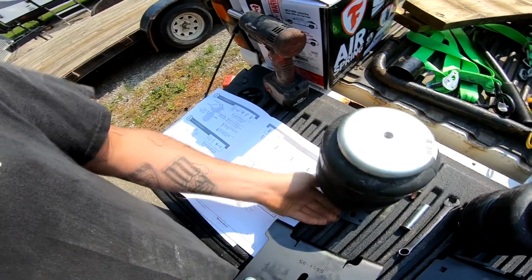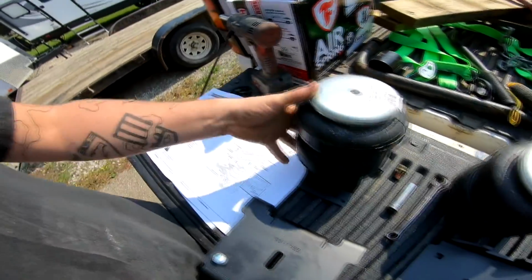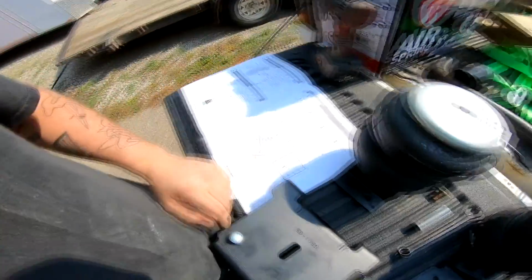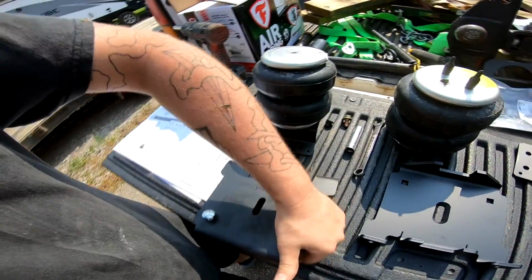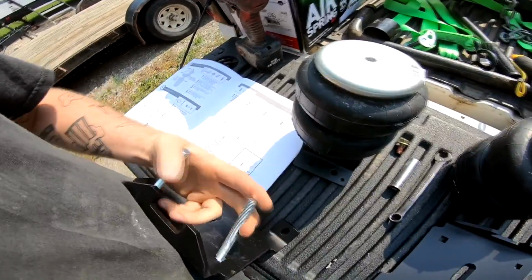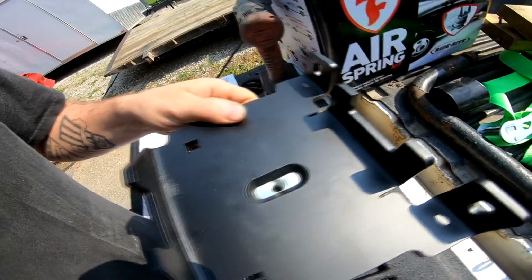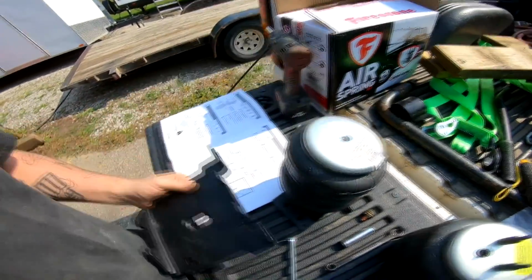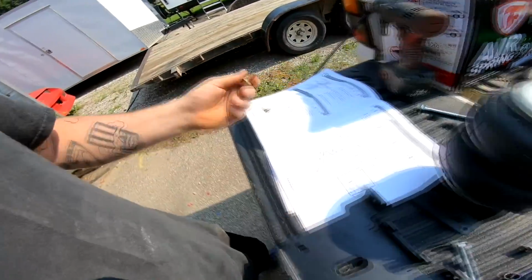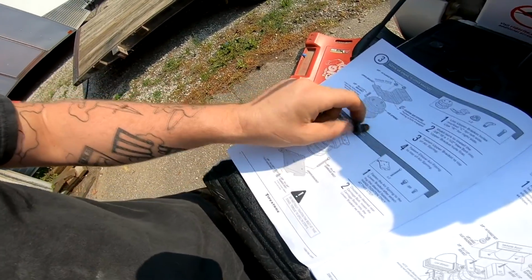So we'll just go ahead and flip this over, make it a little easier. Then we'll go ahead and flip this over. Need to make sure I have this on right. So we want to try not to dump these bolts while we're doing it with one hand. I guess I don't need to do that. Yeah. Okay, so in the instructions it says that I can either use one of these guys, which has a